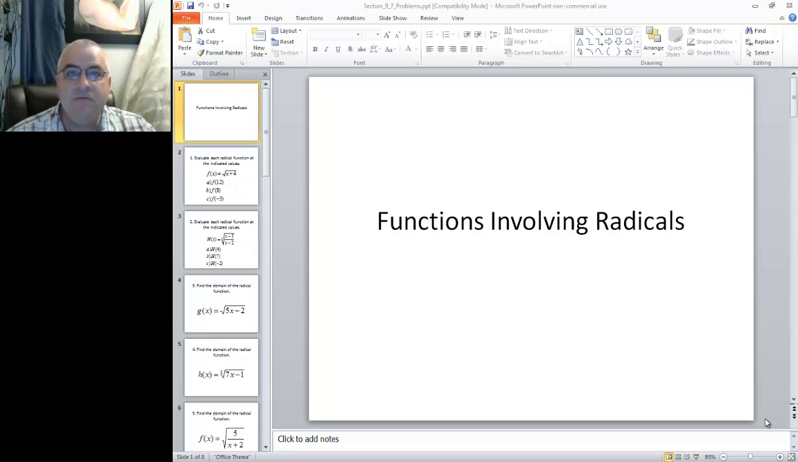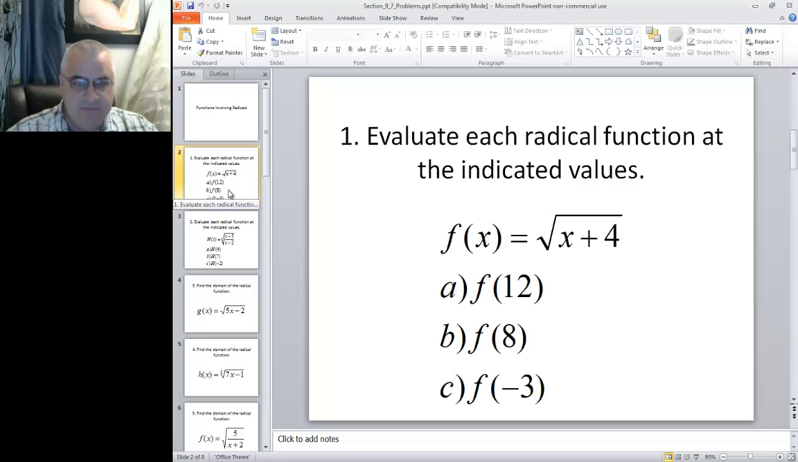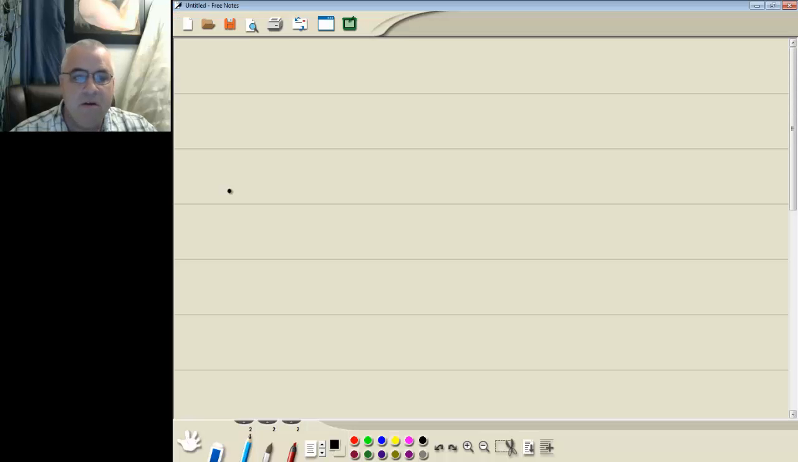Let's take a look at functions involving radicals. You've pretty well seen this before. We've seen functions before, and you've seen radicals before, so it kind of combines the two together. Let's first take a look at evaluating functions. First problem, we've got f of x